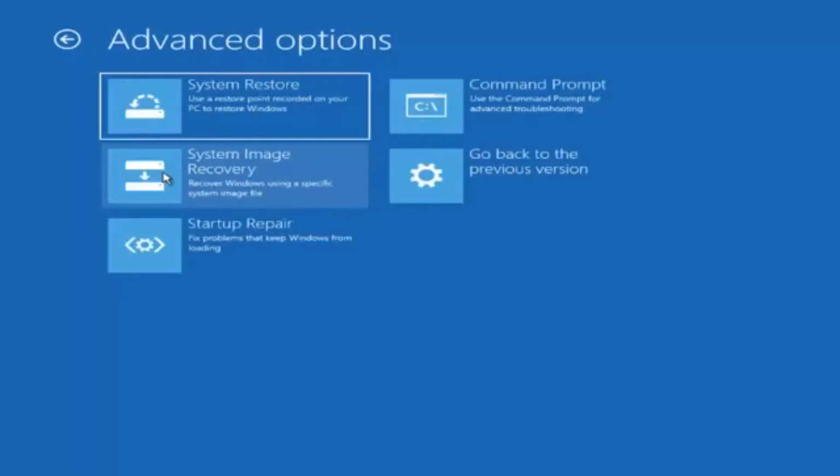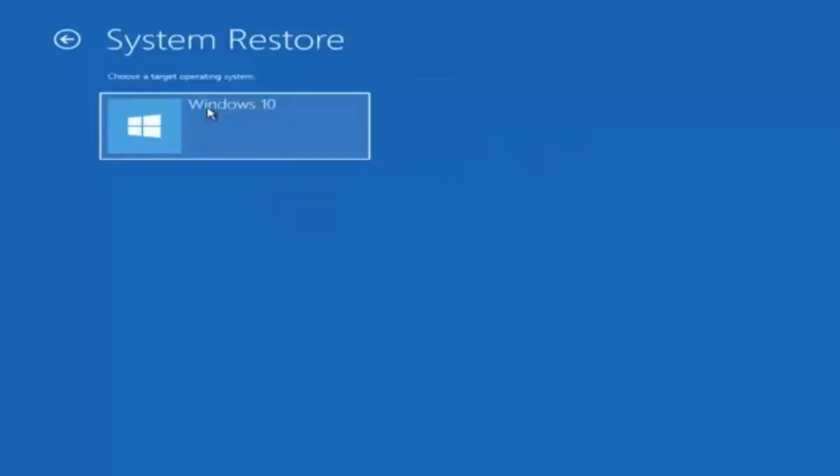Now we have several options here to choose from, and there are several different ways you could go about hopefully resolving the issue. I'm going to suggest them in the way that I would recommend trying them. The first thing I would personally recommend would be to go to the System Restore tile, to use the System Restore point recorded on your PC to restore Windows. So if I left click on that and then I select my target operating system here,